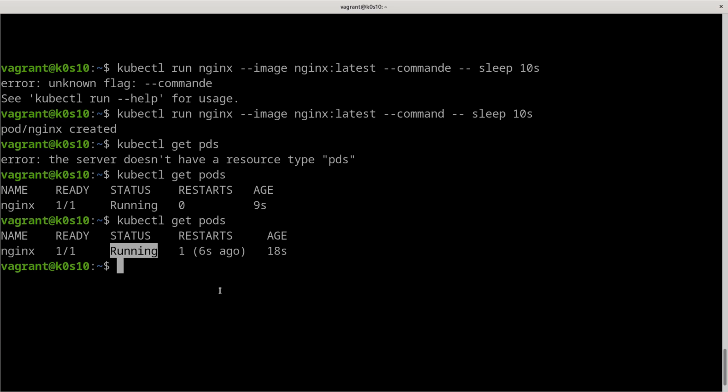So if the status is completed, Kubernetes discovers it and wants to have a status of running, and restarts the pod to be sure to have the status running.